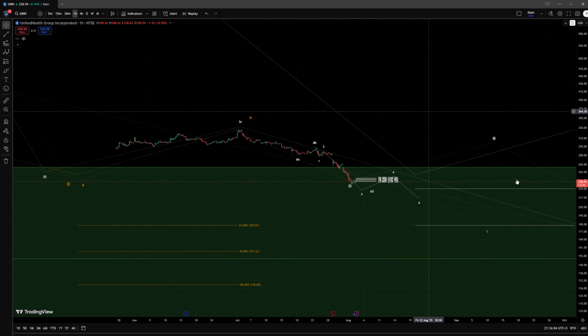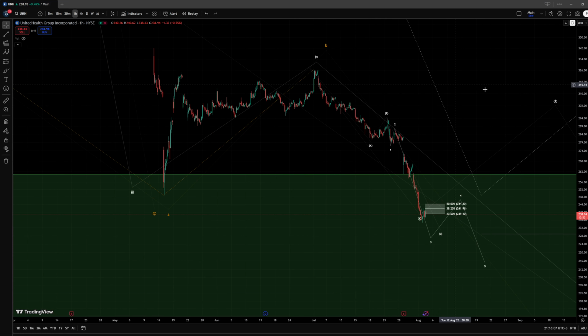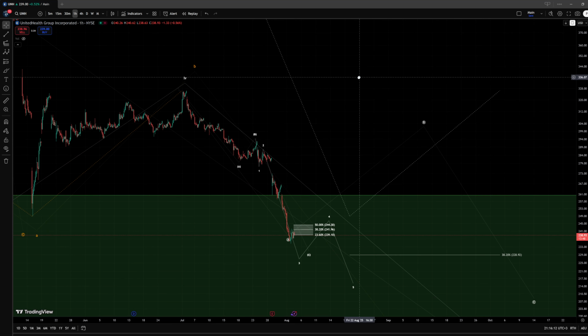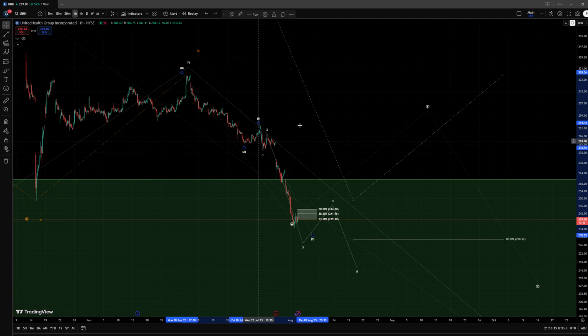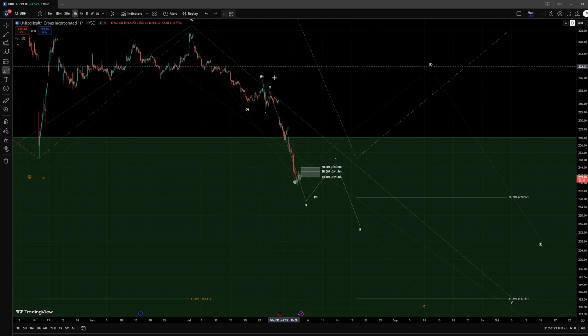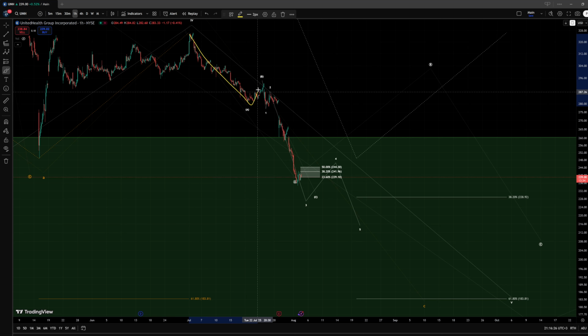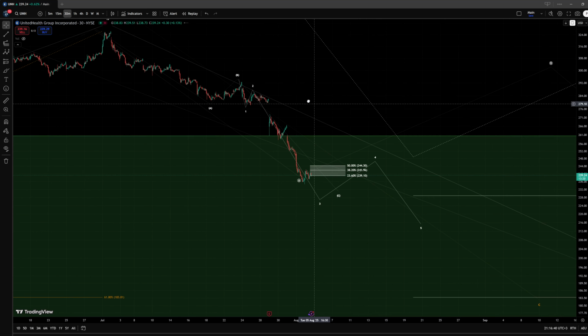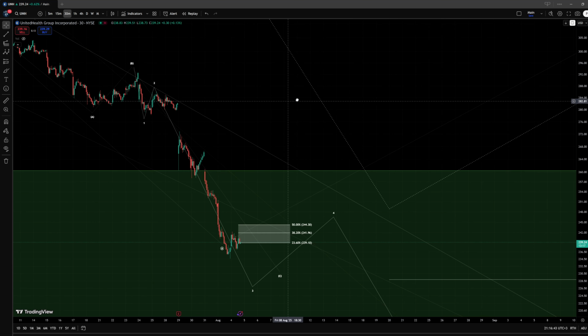Now into the shorter time frame here, before we can actually get to differentiating between these, we need to actually finish the move to the downside, and in this case we will focus mostly on the white scenario at the moment until we get some more price structure information. And in this case I would say we have a wave A down, a wave B up, and then in the C wave to the downside I could see maybe one or two more 4-5 patterns to the downside. And in this case I would say